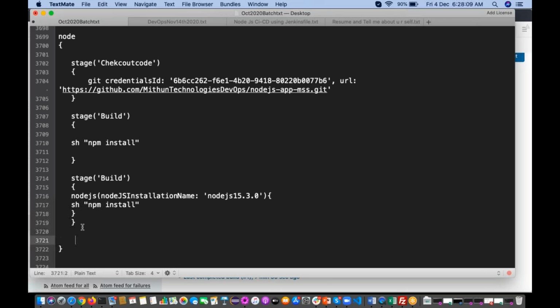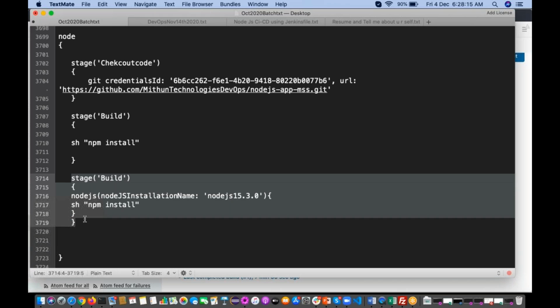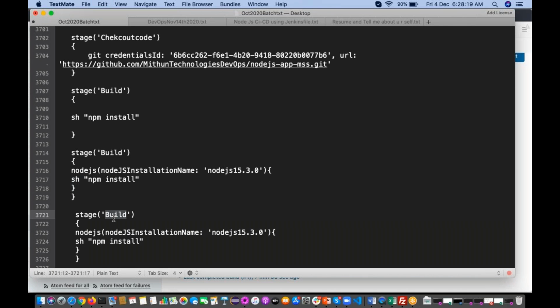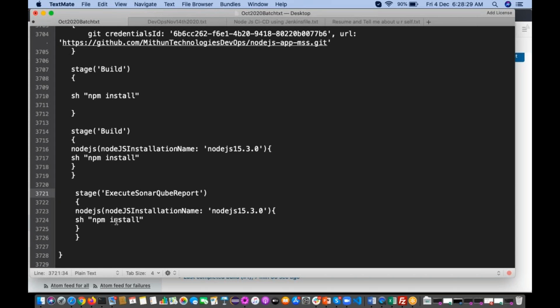The next is I need to execute the SonarQube report. For that, just copy paste the same stage and change the stage name to Execute SonarQube report. Here we are going to use npm run sonar.